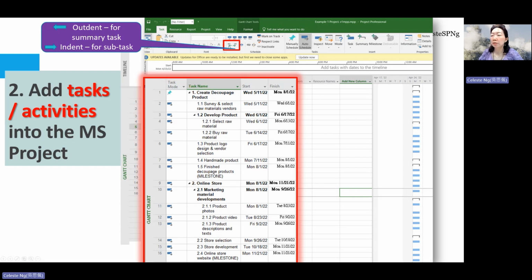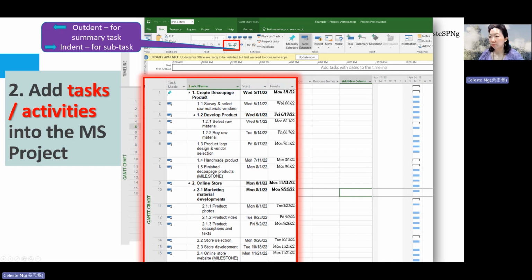For example, here you can see up here, we have a left arrow and we have a right arrow. The right arrow is meant to indent, in order to create a subtask, some task which is under another task. If we have categorized our tasks, for example, here, 1